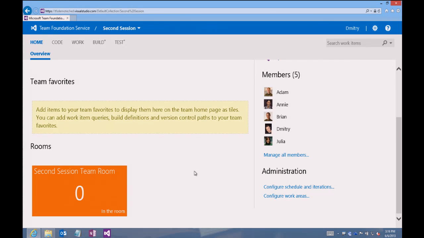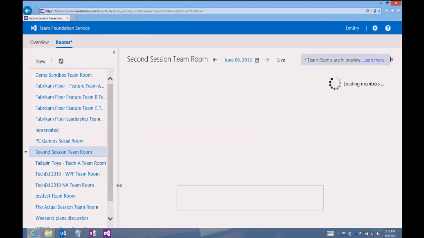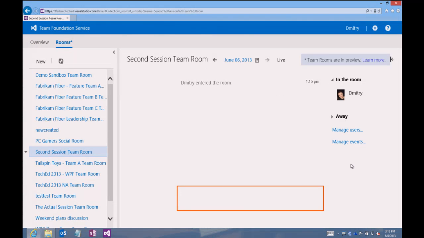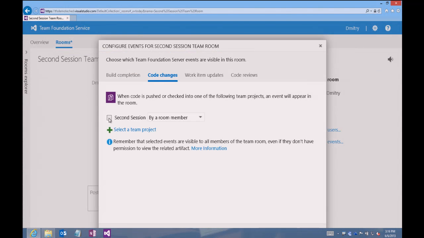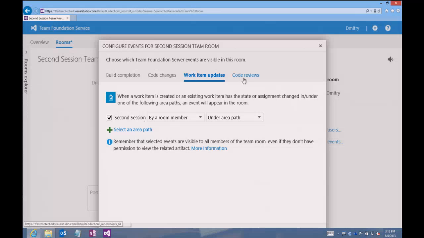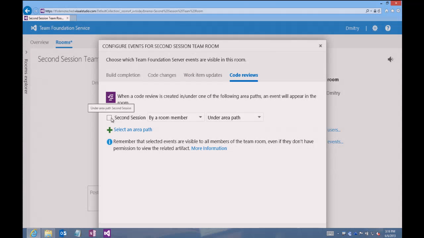All right, so we've done that, and we want to configure our particular team room because this is a different project. So I'm going to go in, and I'm going to manage the events. Let's close this tab here. So I'm going to say, I want to see when people make code changes. Okay. So we'll get there in 1 second. Click on that. So now we have the ability to,